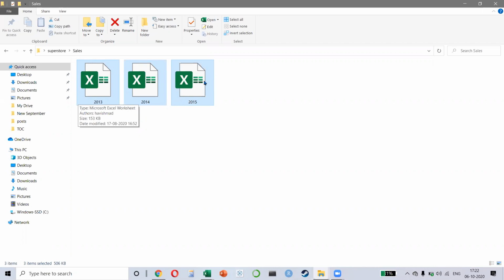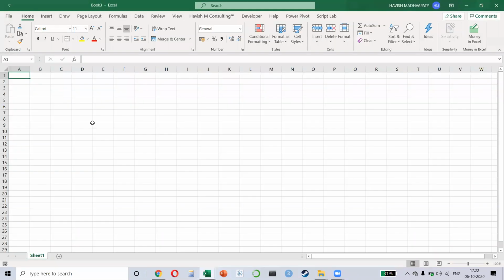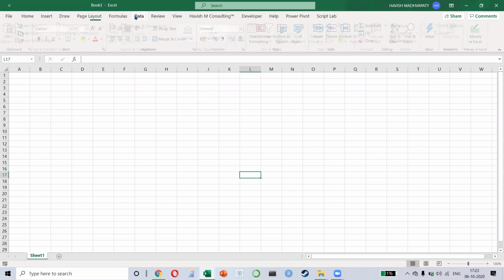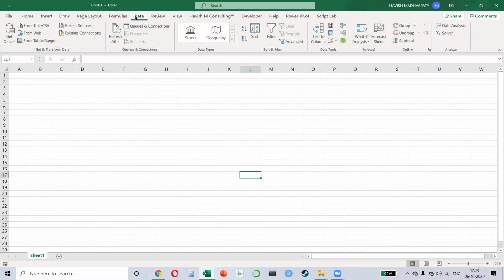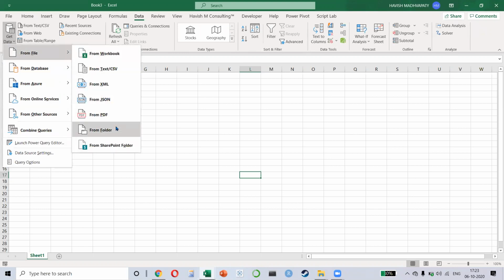So I have explained to you what Power Pivot is. Let us now see what Power Query is. Please watch. This is a blank Excel file, everybody. You click on Data, and then you have an entire group called Get and Transform Data, this one. Here I can select Get Data. And because I want to combine multiple files from a folder, I will click on Get Data from File and then from Folder. I hope all of you can see this.